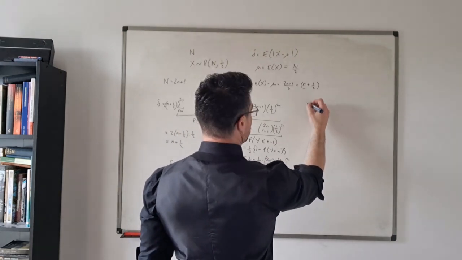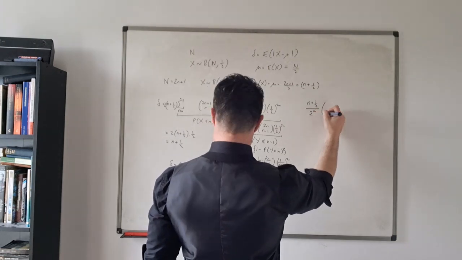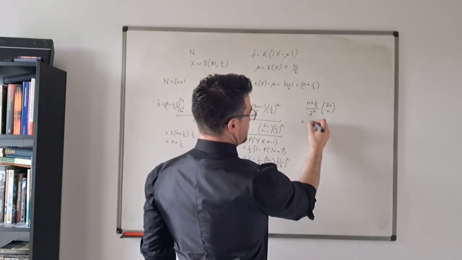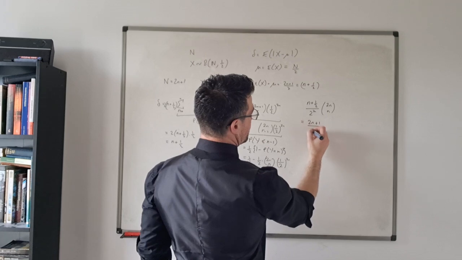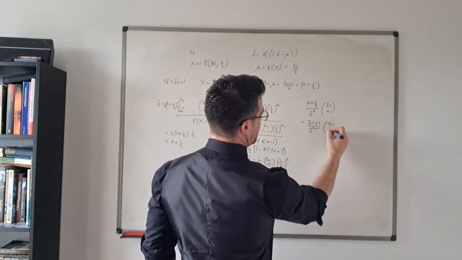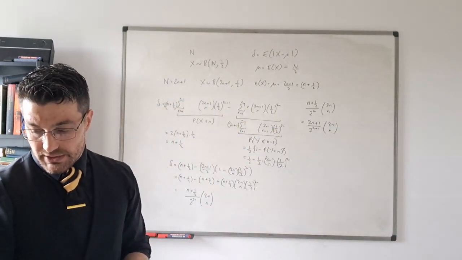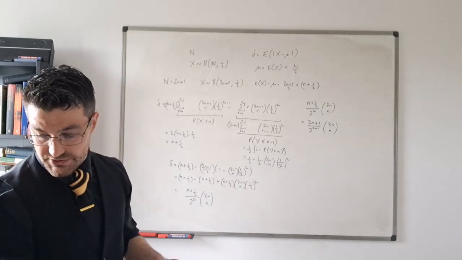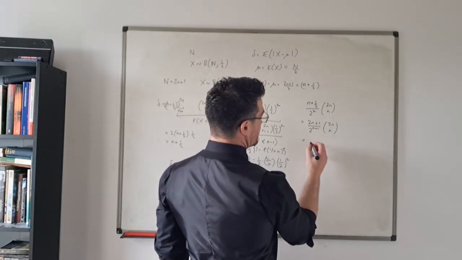So n plus a half over 2 to the power of 2n, 2n choose n, is going to be equal to, multiply numerator and denominator by 2, I get 2n plus 1 over 2 to the power of 2n plus 1, 2n choose n. Okay, let me just have a look. Okay, so this equals